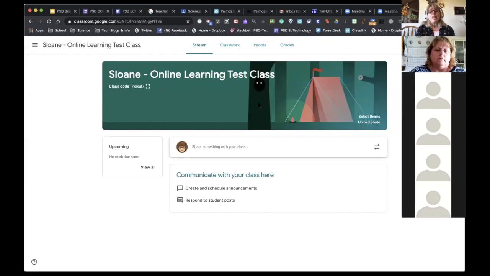It's good to go. Students don't have emails, so inviting them doesn't work well. And we cannot invite parents because it has to be someone with a palmdalesd.org ending to their Gmail. It has to be in our domain. So parents can only get, you can email them a summary, but that's all you can do. So that's why we're going to use Class Dojo, Remind, maybe even a phone call to get kids this class